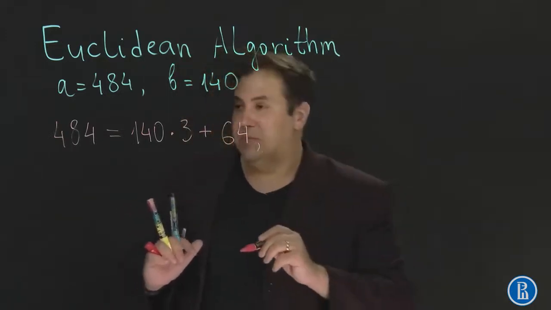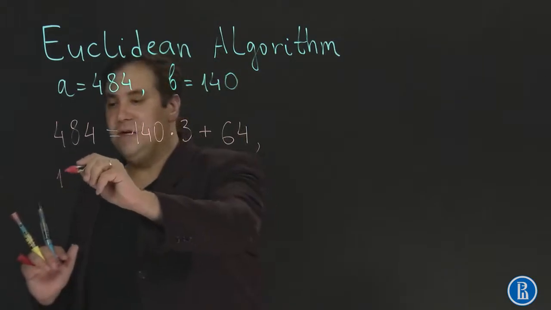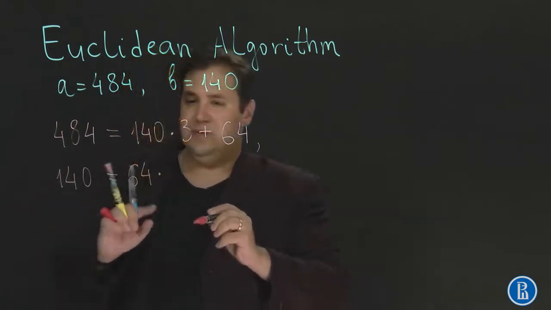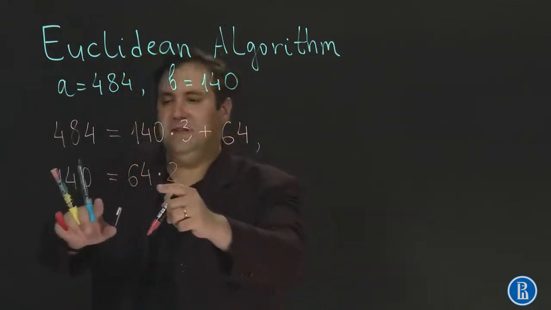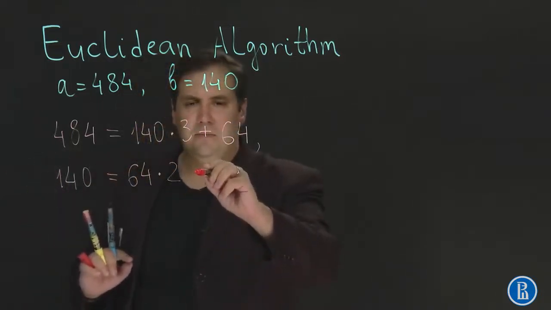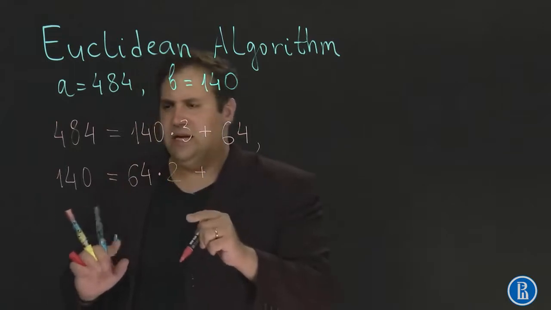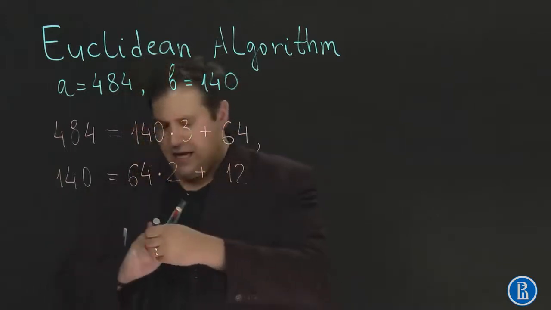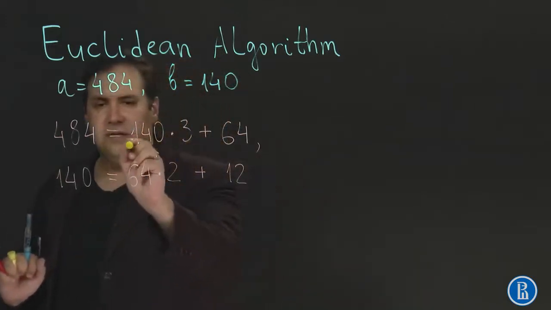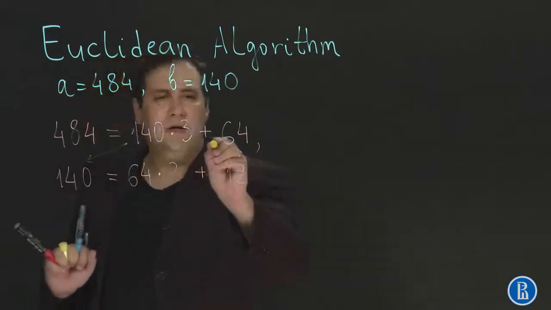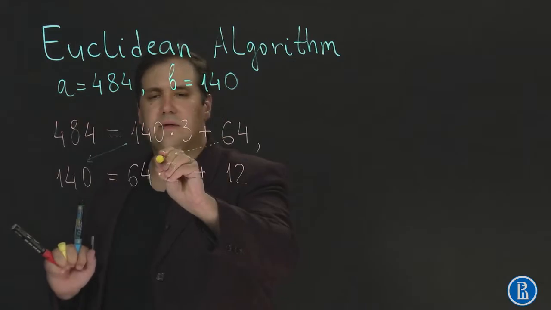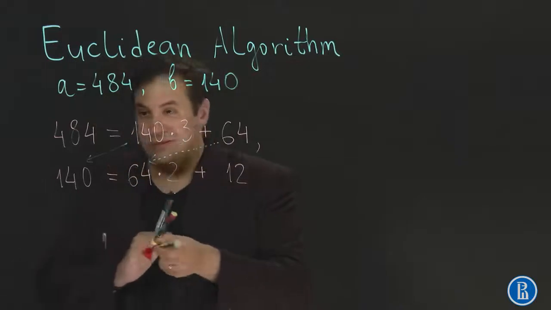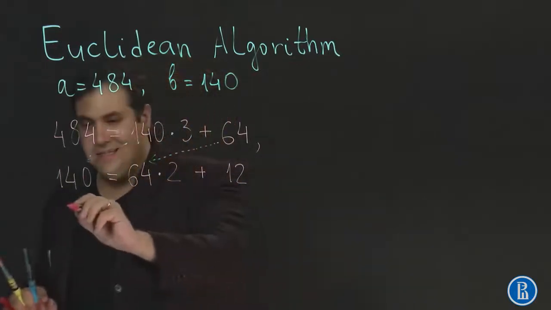Then the second step assumes dividing 140 by 64. So we see that it can be fit 2 times here, plus, let me just think, 128, 12. And 12 is less than 64. And you see that this element goes here, and this element goes here. The next step of Euclidean algorithm will be dividing 64